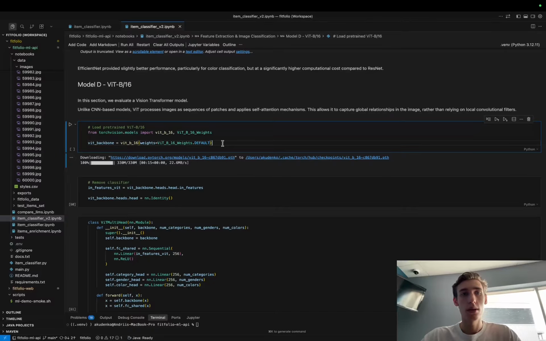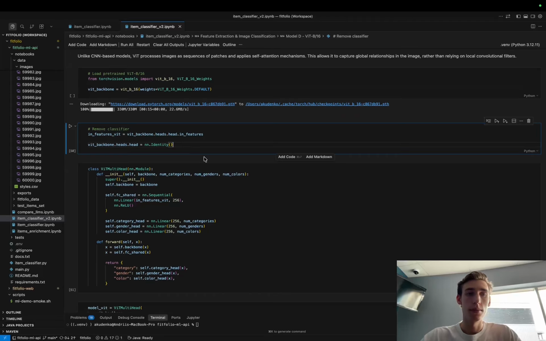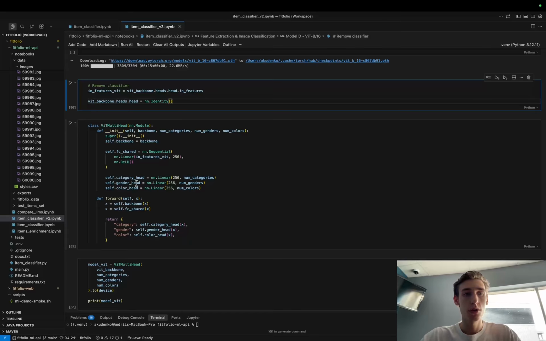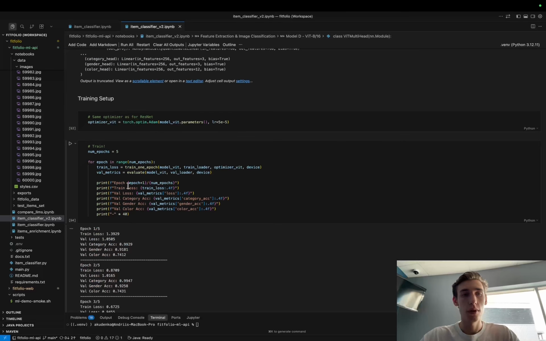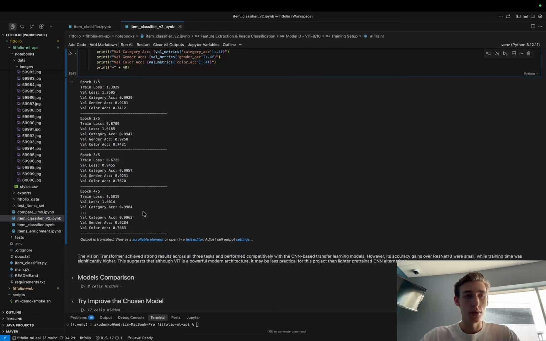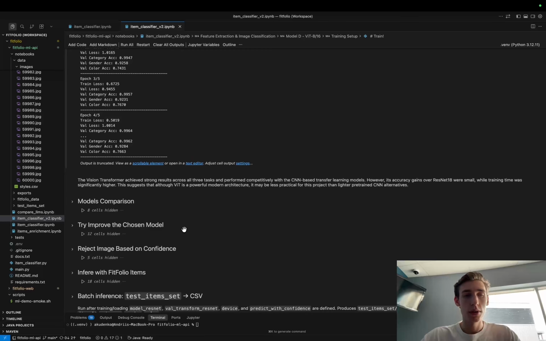So I import the model, I provide a basic structure, tuning with our heads for categories, genders, colors, and training for 5 epochs, and the results here. So we can see that Vision Transformer achieved strong results across all 3 tasks and performed competitively with CNN-based transfer learning models. However, its accuracy gains over ResNet 18 were small, and it's not worth it,